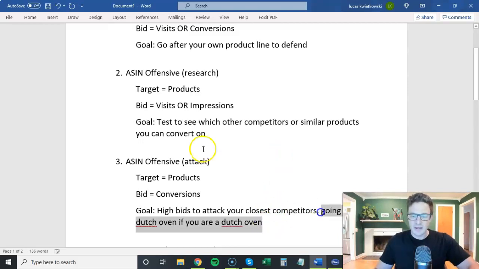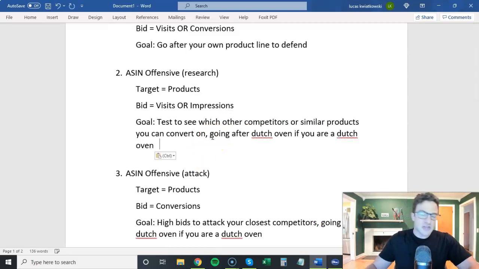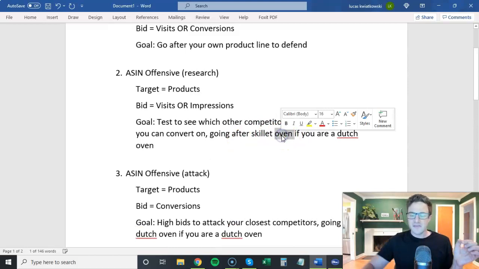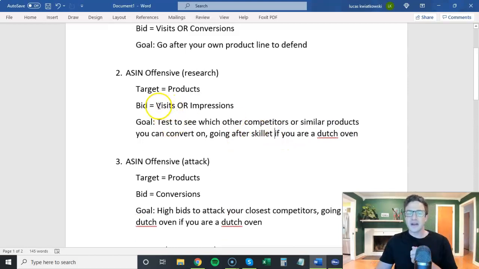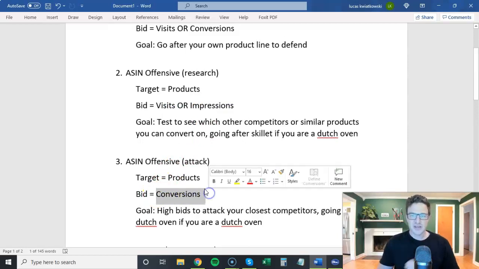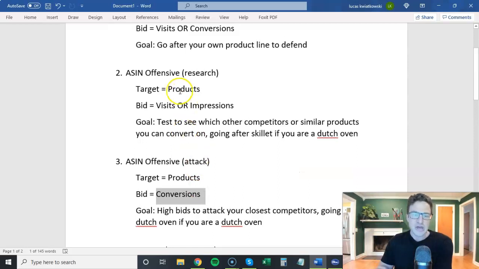This one is going after a skillet if you are a Dutch oven. And that's where you're gonna bid for visits or impressions. This one you're gonna bid for conversions because that's your direct competitor. You want to convert off of them, okay? So those are those two differences there. And that's why I think it's good to split those up because we have this new way to